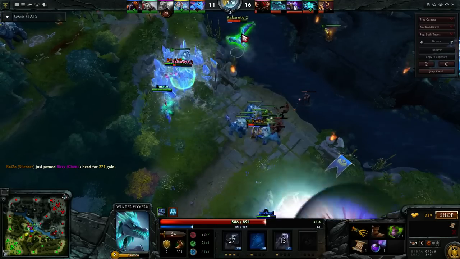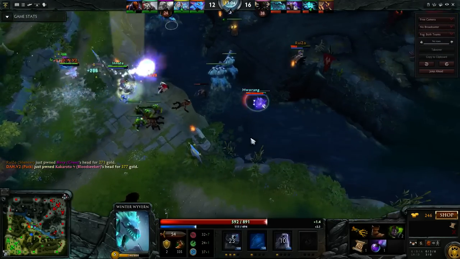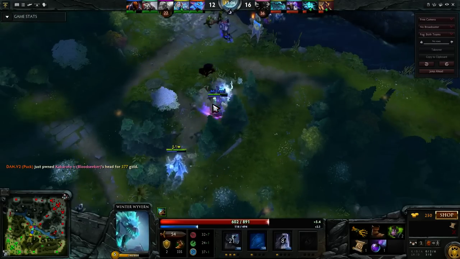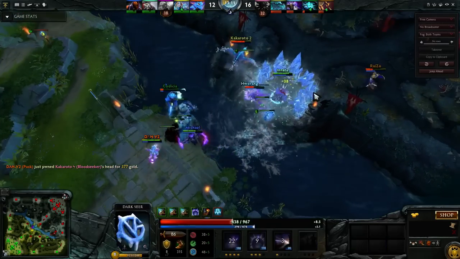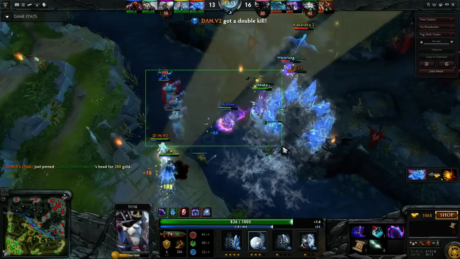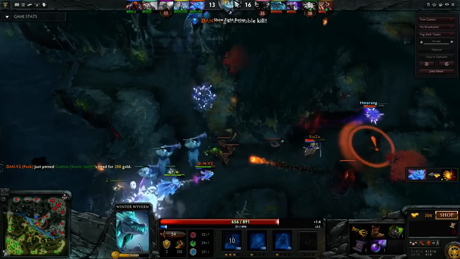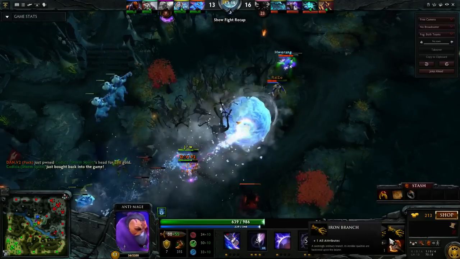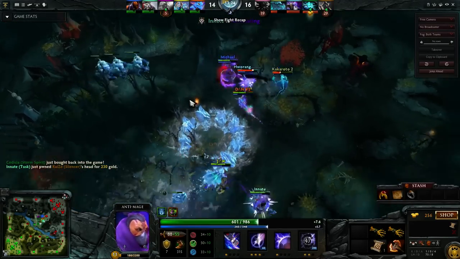They managed to go on the Bloodseeker again, but there's really good Cold Embrace from the Wyvern. Are they going to get him? Yes, they get the Bloodseeker. Now Michael's just going on Storm. This should be a dead Storm as well, guys. This is a really messy fight. Holy shit. I think there's some coordination problems going on from each team, to be honest. Michael's going in, though. Okay, so we got a Battle Fury Rush on Michael. I didn't notice this, but...